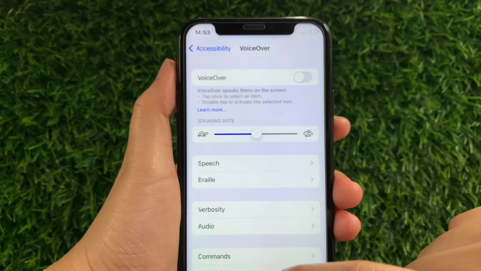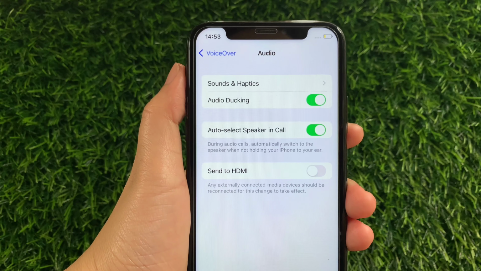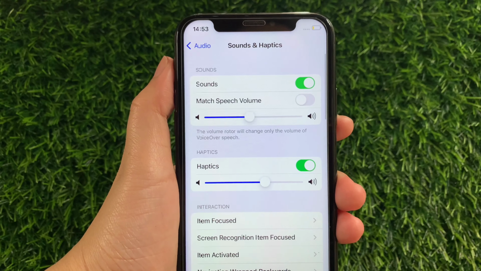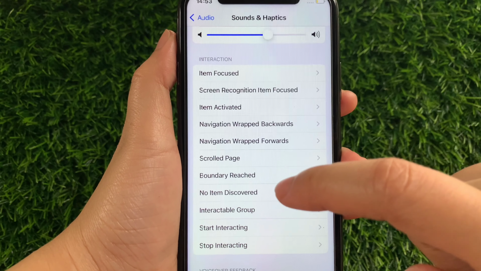Then after that, in the voiceover, scroll down again and then tap the audio. Then in this part in the audio, tap the sounds and haptics. Then in the sounds and haptics, scroll down again and go to interaction section and then tap the no item